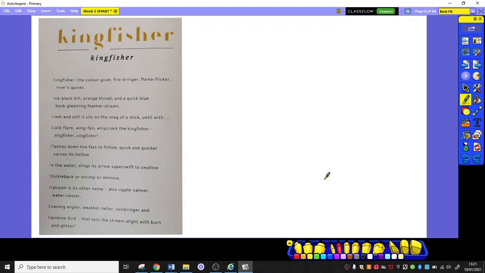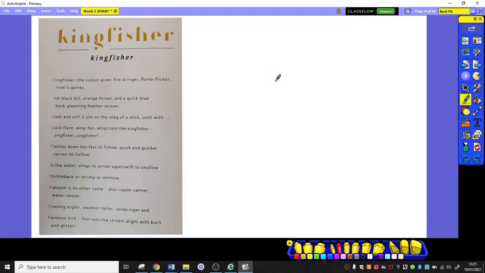In the water, slings its arrows, super swift to swallow, stickleback or shrimp or minnow. Halcyon its other name, also ripple calmer, water nester. Evening angler, weather teller, rain bringer, and rainbow bird that sets the stream alight with burn and glitter. So